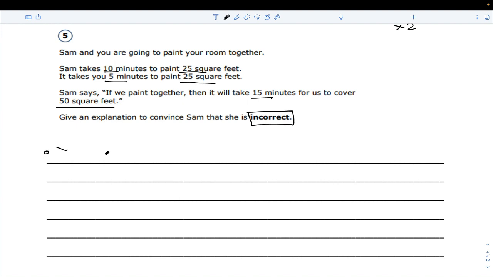Okay. So that's a great start. I can jot that down. Then I want to show some math. I'm actually going to let you wrestle with it with your partner after you jot down this first statement. So you could say that Sam is wrong. I'm going to be detailed. I'm going to use the language they used. Sam is wrong because